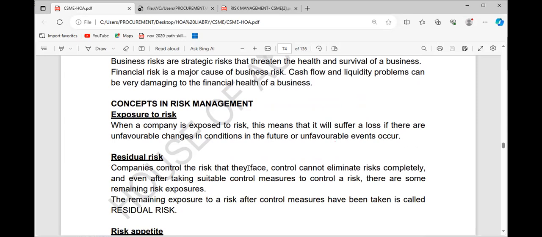Okay, so concepts in risk management. Exposure to risk. When a company is exposed to risk, this means that it will suffer a loss if there are unfavorable changes in conditions in the future or an unfavorable event occurs. Now, say the company is going to be exposed to risk. You know, you want to go into